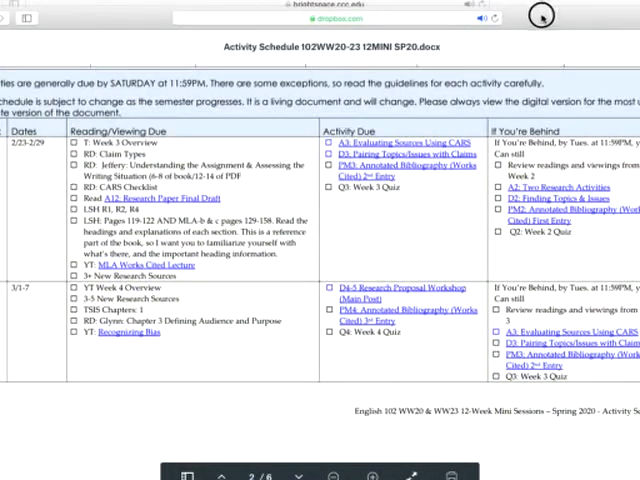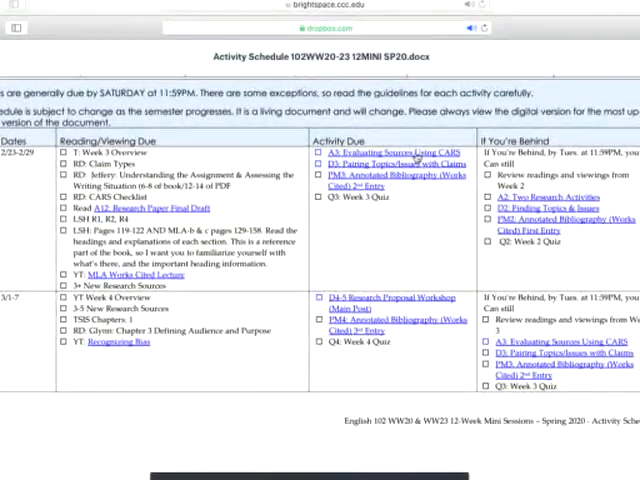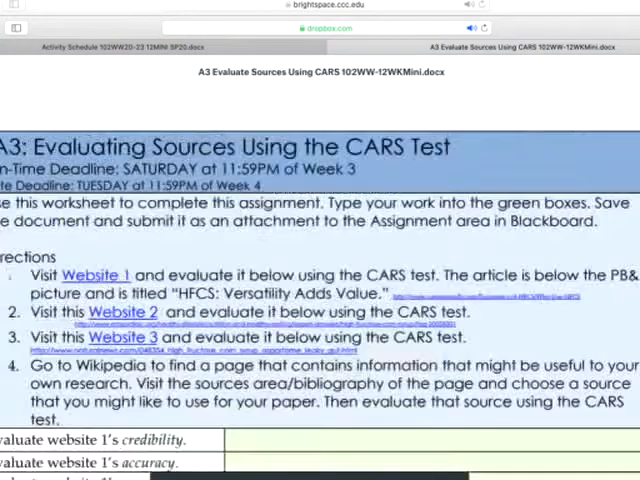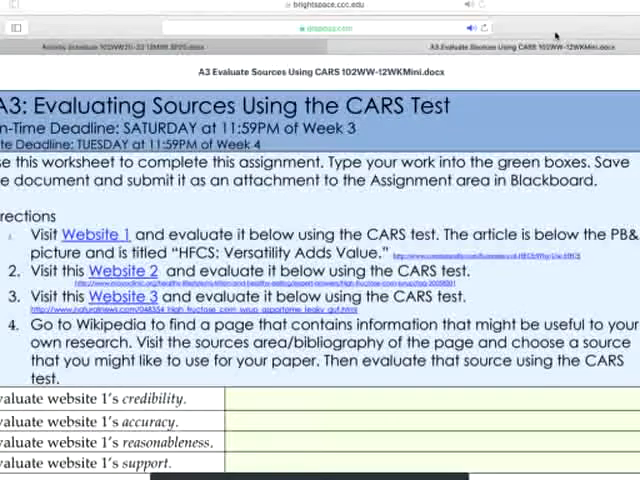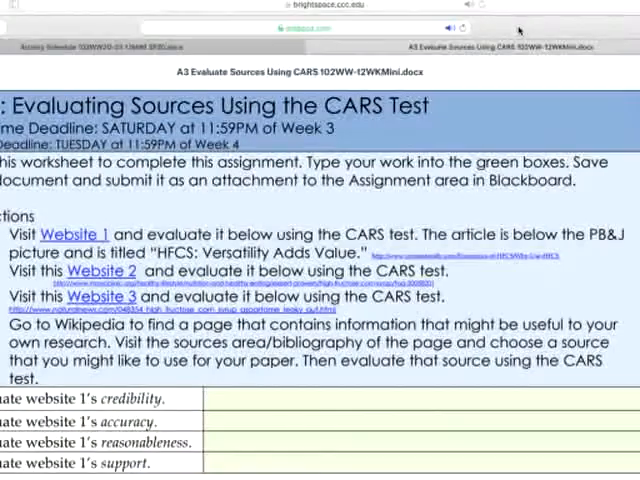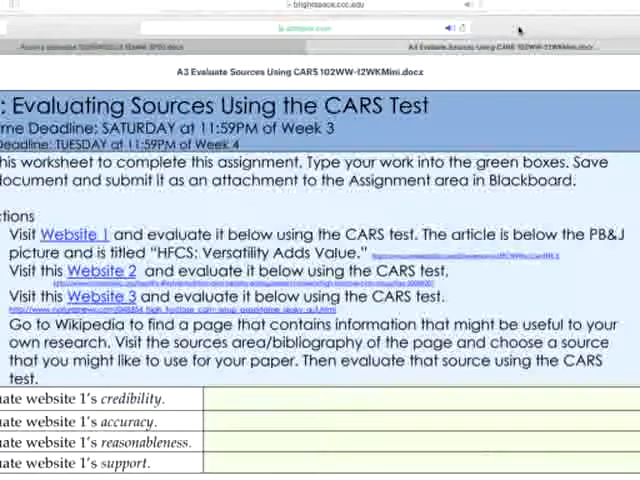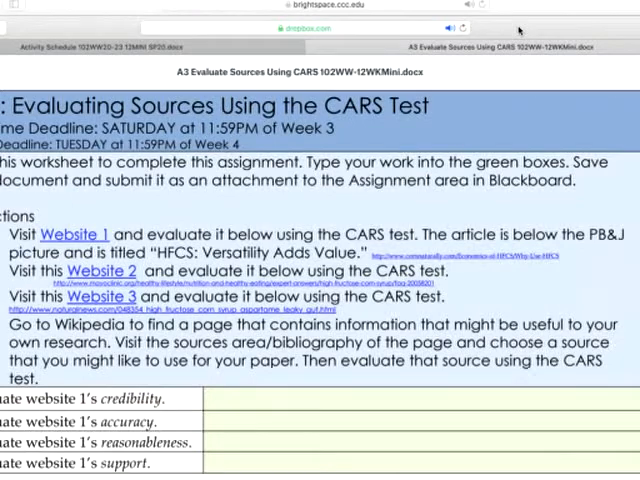Okay, so the first thing we need to look at is the assignment. So with this assignment, I want you to evaluate some sources using the CARS test. So the CARS test is a way that you can measure the credibility, accuracy, reasonableness, and support of a source. So there's 4 steps to this,